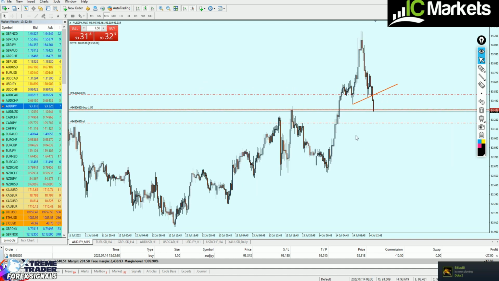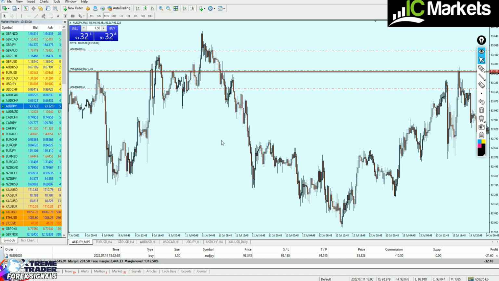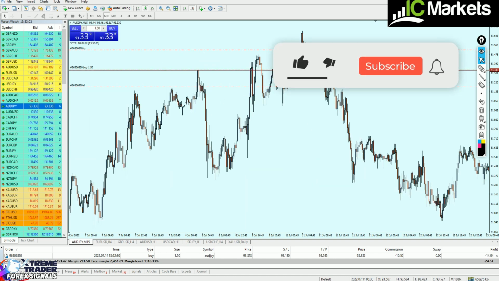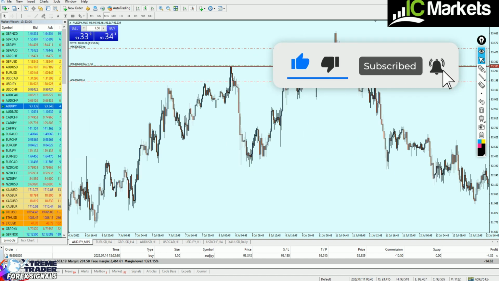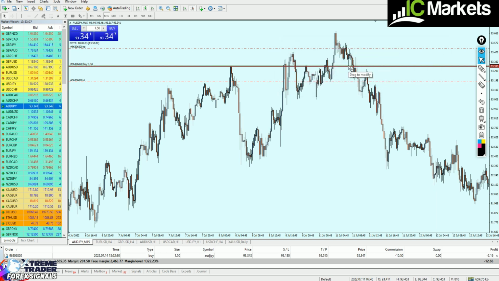All right, so let me just tell you what happened right now. In my opinion, it's very easy to expect how the market is going to move right now. So let's just study the chart and check the history of it. Let me now go back in time. Pay attention. Every single time the market has actually retested that level as a support, it has made a strong